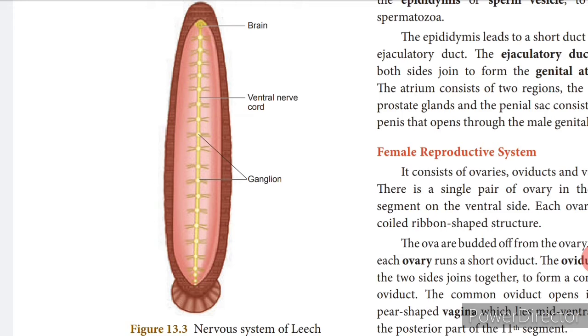This nerve ring is surrounded by the pharynx, and this is formed by 3 portions. One is the suprapharyngeal ganglion, that is the brain, which is located at the top. You can see it is labeled as brain. The other one is the circumpharyngeal connective, and the other one is the subpharyngeal ganglion, which is labeled as ganglion, isn't it? Now this subpharyngeal ganglion lies below the pharynx, and this is formed by the fusion of 4 pairs of ganglia.